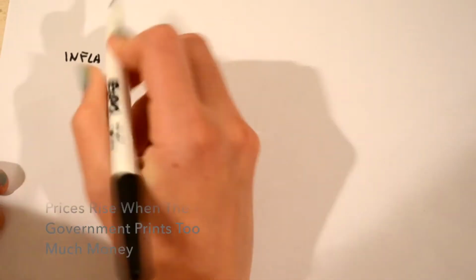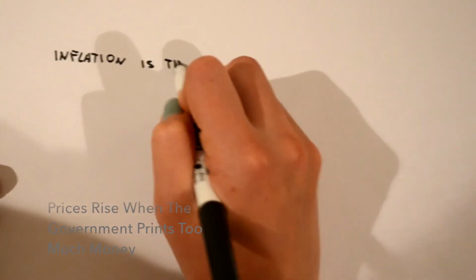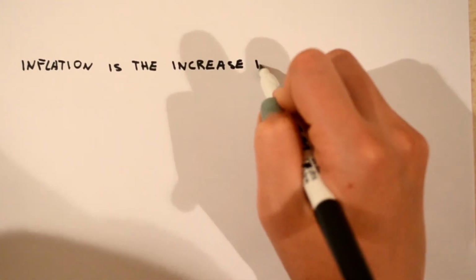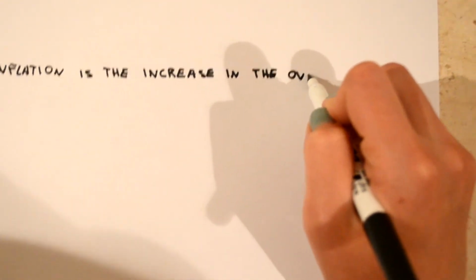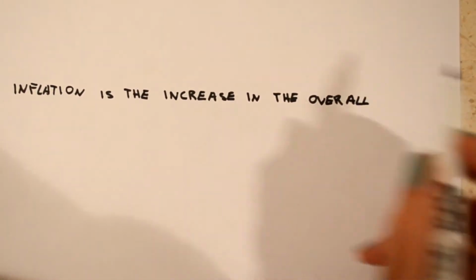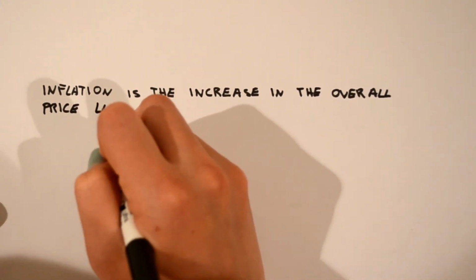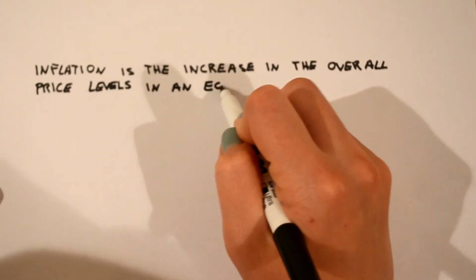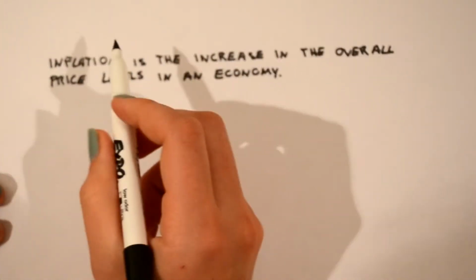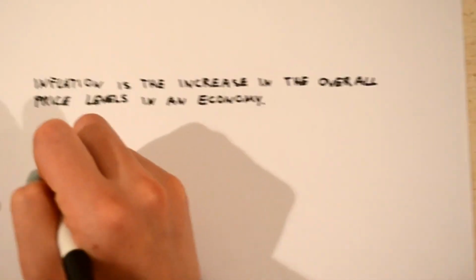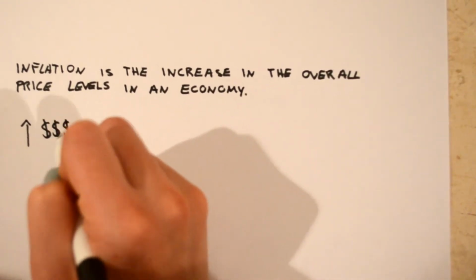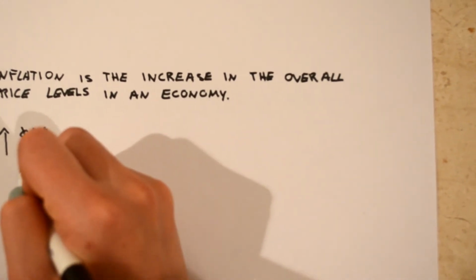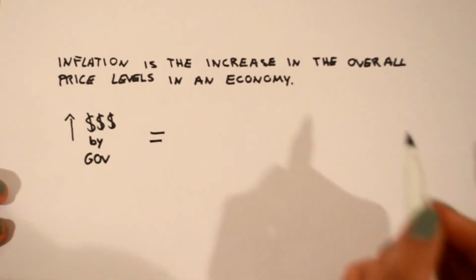9. Prices rise when the government prints too much money. Inflation is defined as an increase in the overall price levels in an economy. Excessive and persistent inflation is caused by rapid growth in the quantity of money. When an average price increases consistently for a long period of time in the economy, it causes an inflationary condition. Average price increases in the economy are mainly affected by growth in the quantity of money in the long-run situation. Therefore, inflation is associated with rapid growth in the quantity of money in the long-run circumstances.